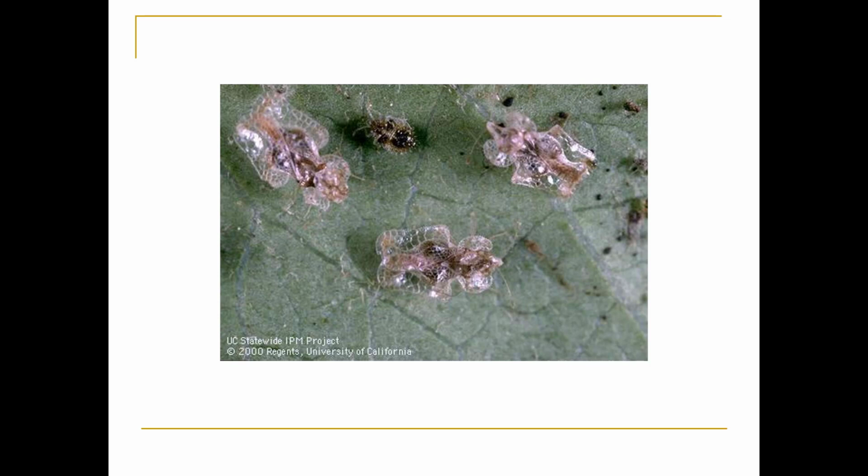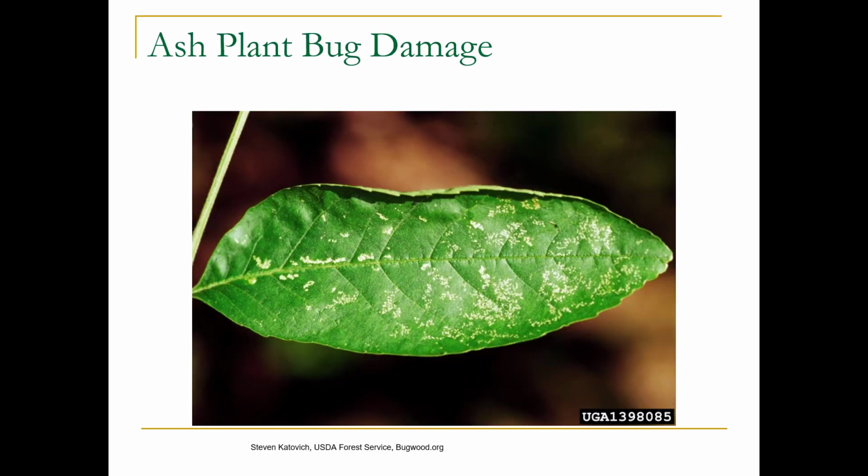And this is actually the rhododendron lacebug you see here, and they're going to be on the underside of the leaf. So you have that sign. You've got the adults, they're actually very pretty insects, and then the nymph. But the thing you're going to see, if you don't see the insects, are these black specks. That's fecal matter. Here's some stippling on an ash leaflet from a plant bug. These are true bugs.